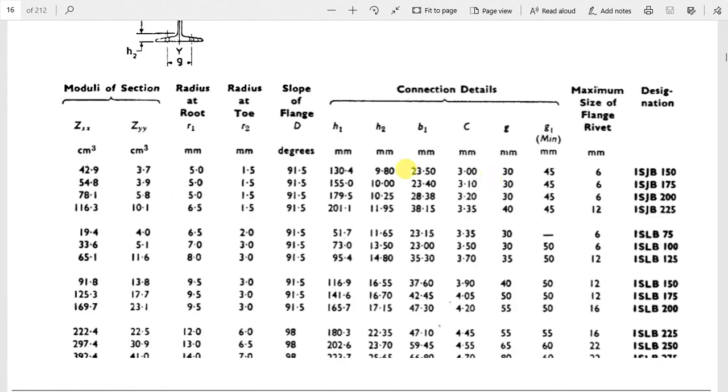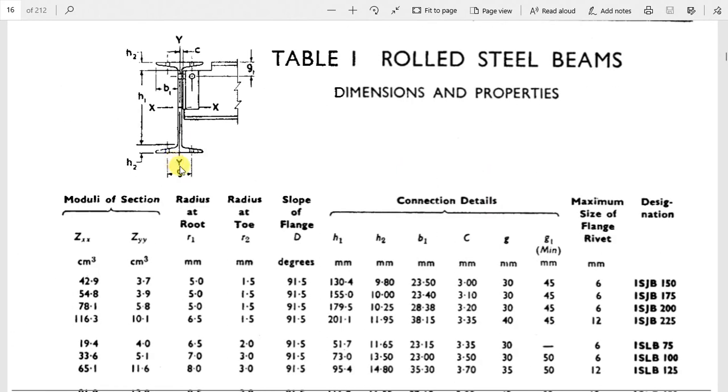Next we have G. If you are connecting bolts to the flanges, this should be the distance for this particular ISJB 150.